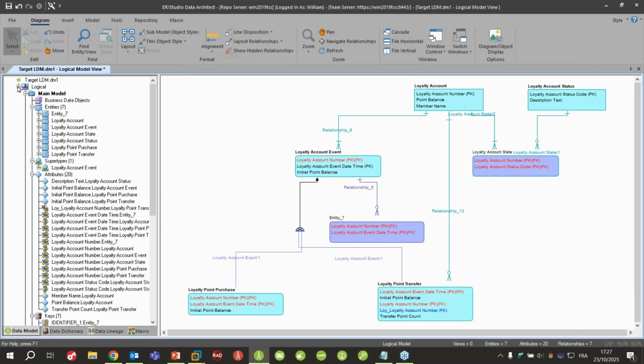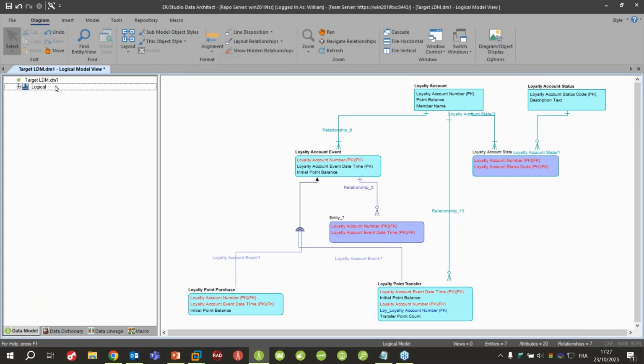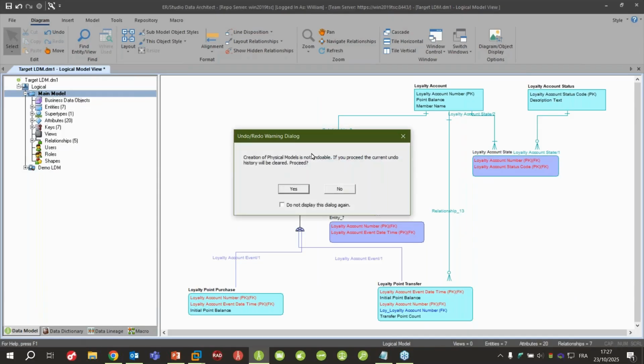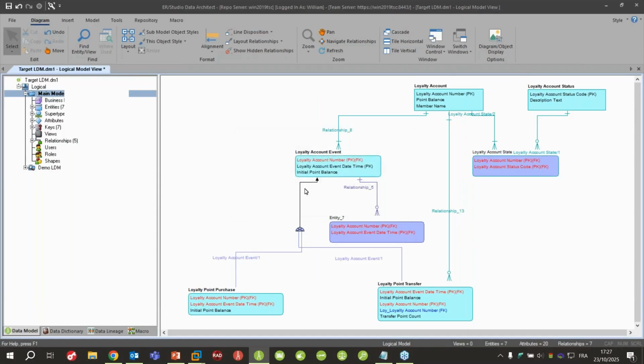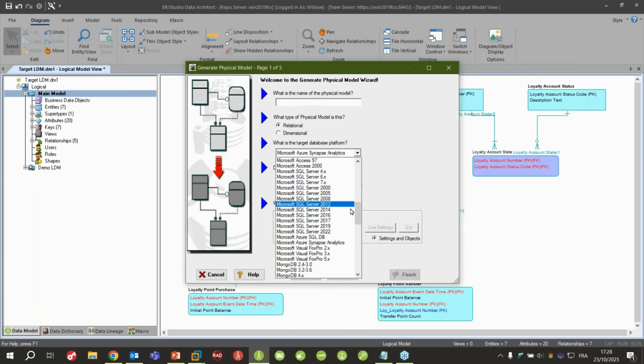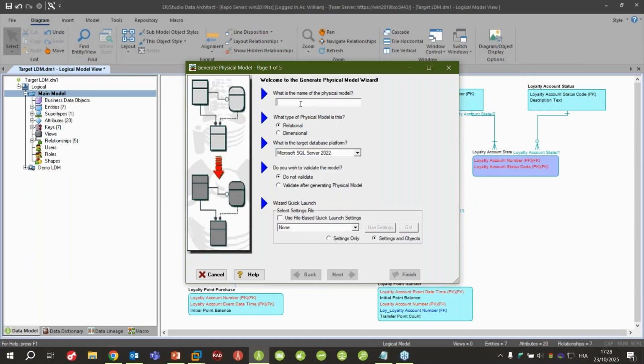A difference with Power Designer: here we can see that I have imported a logical model, with all my different objects, some models too. But with Data Architect, you can directly have a physical model attached to your project with your logical model. So you will have one logical model, but I can generate different physical models from this logical model. For example, I am on Synapse Azure. I can select a different platform, for example, Microsoft SQL Server. I can give a name to my